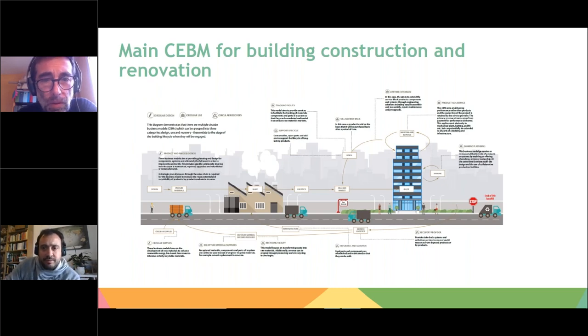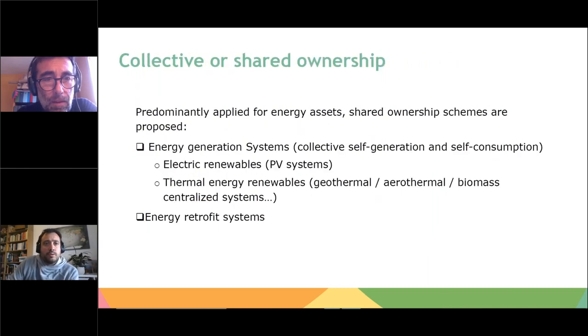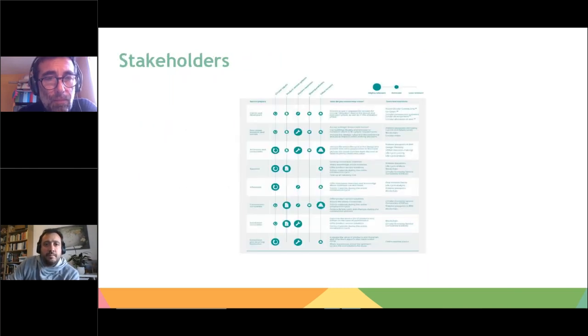I would leave that for the audience to take a look when we can share the slides. And I will move forward to the most important part, which is who the stakeholders are and how we can finance them. So the main stakeholders that are involved in these different kinds of business models aligned with